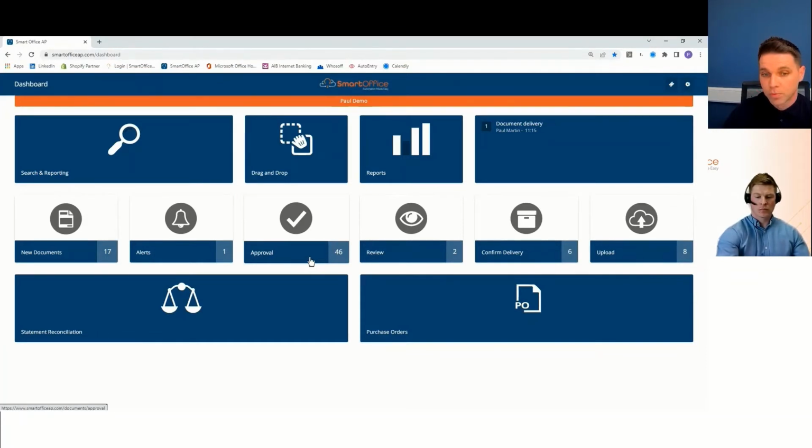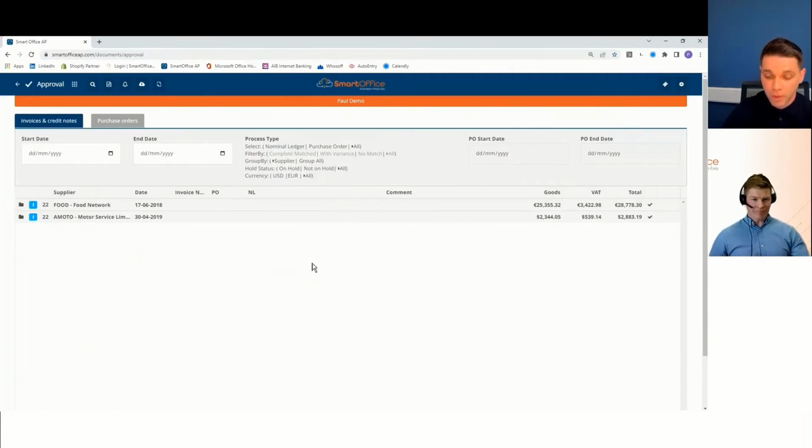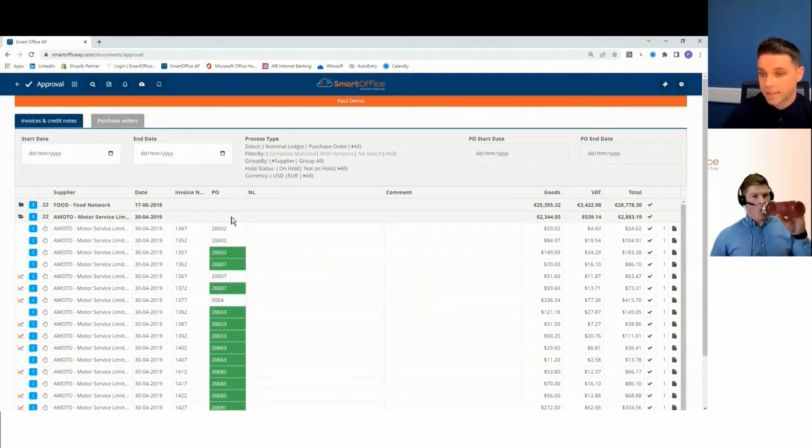So we have the ability to do three-way matching. And what that means is pulling in the PO or the GRN that's created at site, storing them in the brain, and when the invoice comes in, setting about a process of validating that. And I'll speak about that and give an example of that in a second.